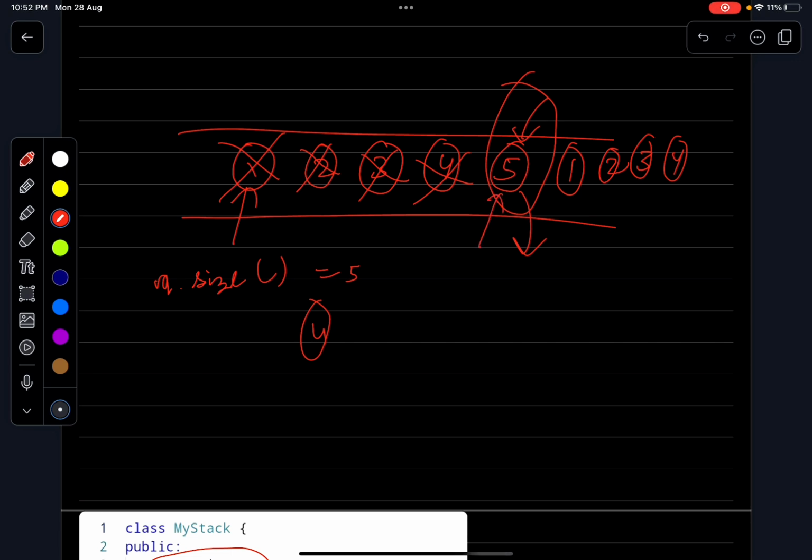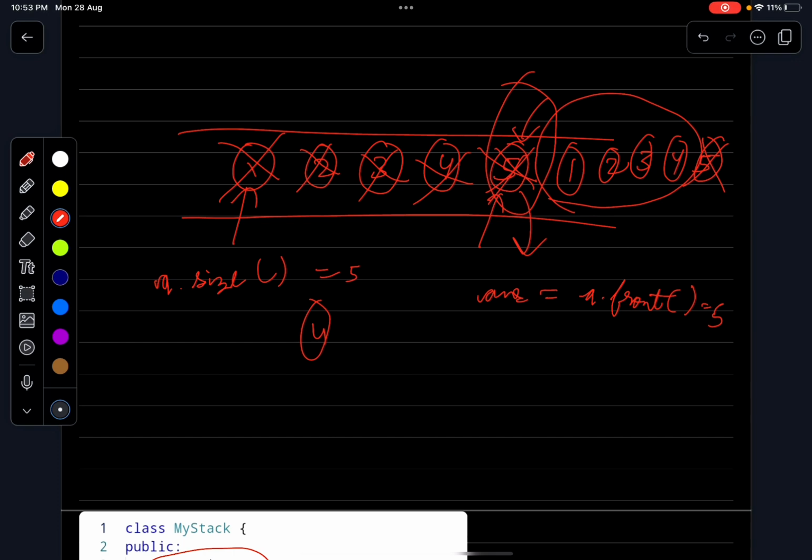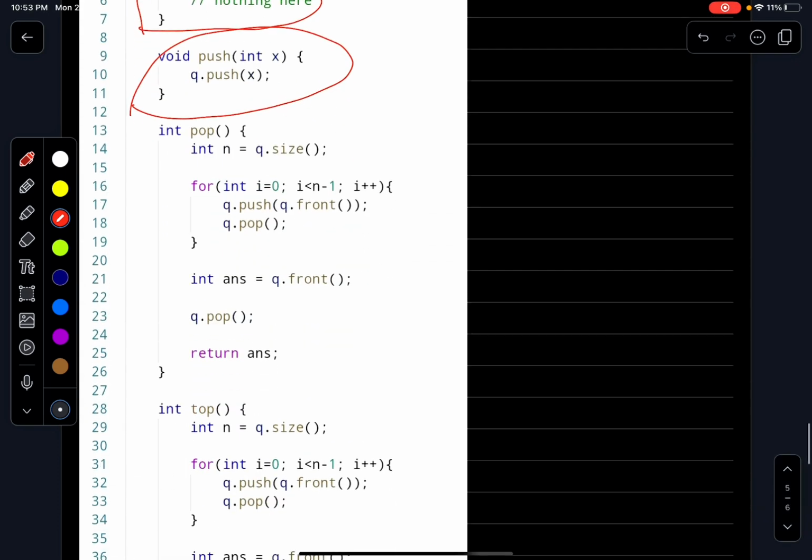Now if I am doing only the top operation, which means I only want to return the top value of the stack, I will just store the queue dot front in my answer, which will be equal to 5 in our case here, and I will just pop it and push it at the back, so my queue doesn't change and I also get my answer. And if the operation to be done is pop, then I will just pop it without pushing it. So what I will get in return will be a queue filled with 1 2 3 4. So this is how these functions are implemented.